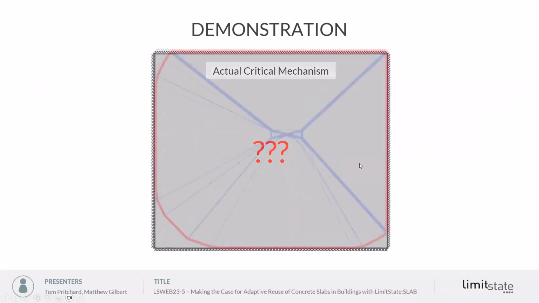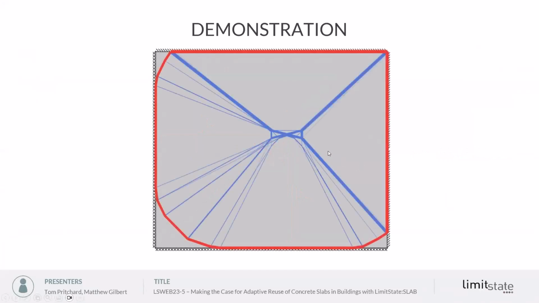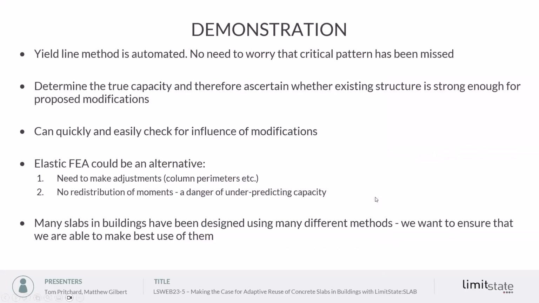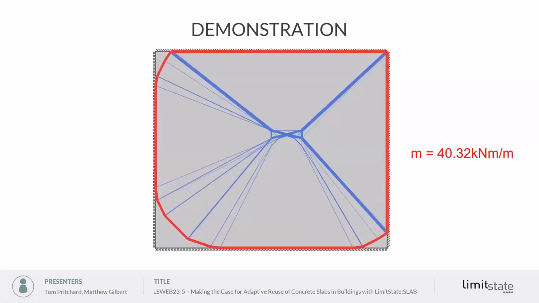So the actual critical mechanism is like that. Our critical moment resistance that's required is just over 40. But how does that then lead us into adaptive reuse? What are the benefits of being able to determine the critical collapse mechanism and the corresponding ultimate load with a